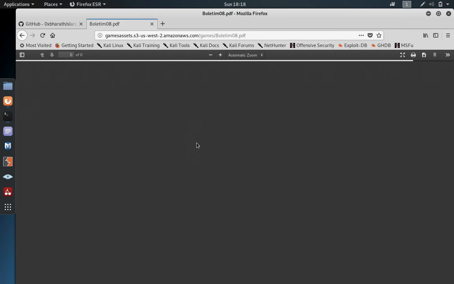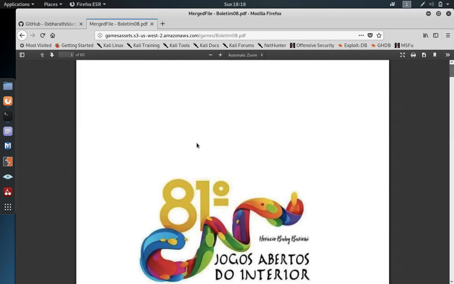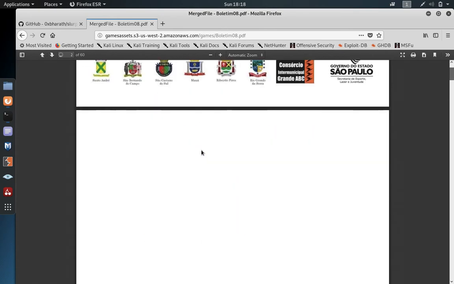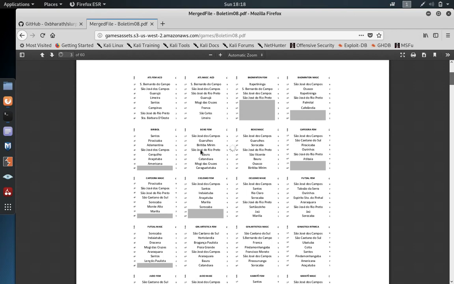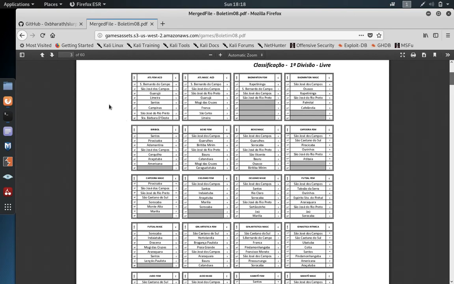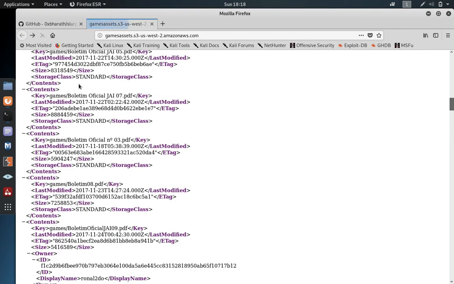These details may be simple, may not be of much interest to you, but imagine if this is a confidential file, and this is the S3 bucket link which is publicly exposed.